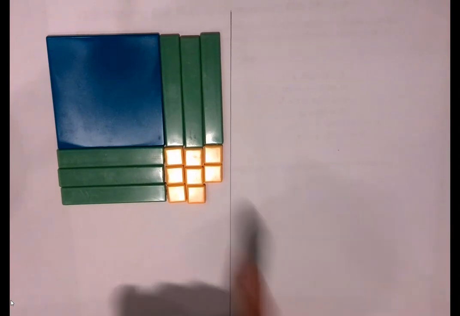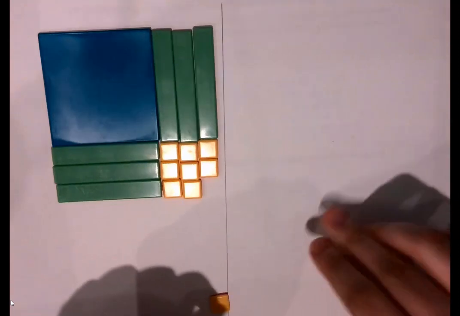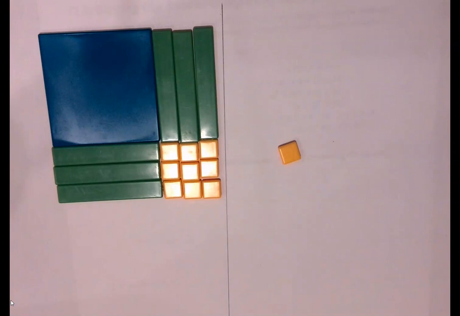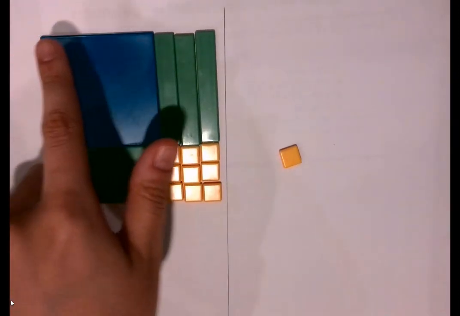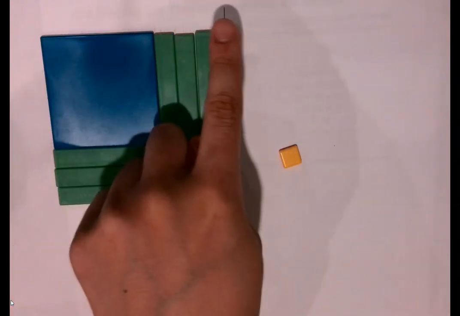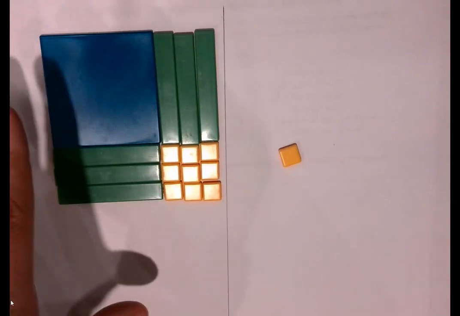So for my original problem, I actually don't have enough pieces to complete the square. I'm missing a piece. To fix this, so that I do have a perfect square trinomial on the left side here, I need to add an extra piece on both sides of my equation. Now I can see that this is a perfect square, and in factored form, if I go across the top and across the side, I have x plus 3 pieces and x plus 3 pieces, which is x plus 3